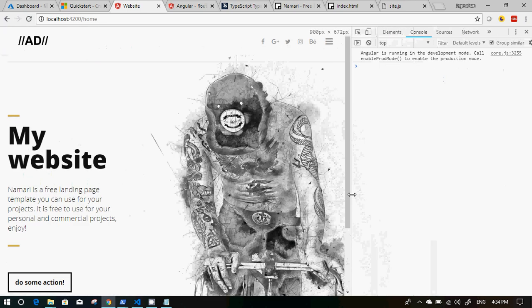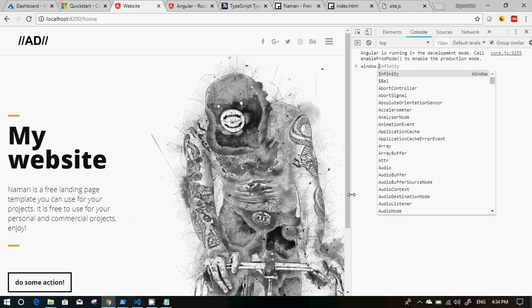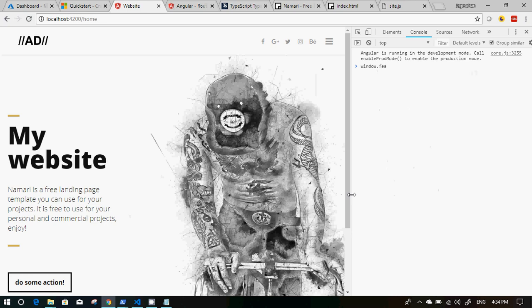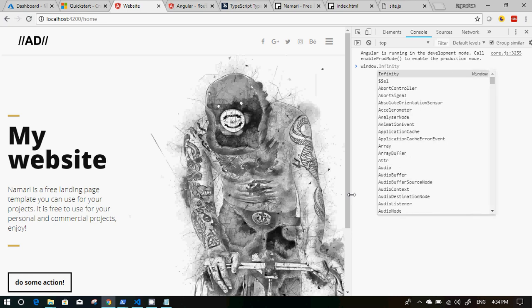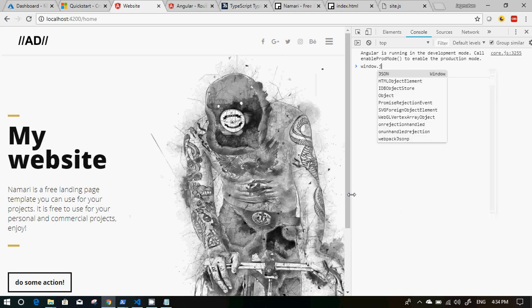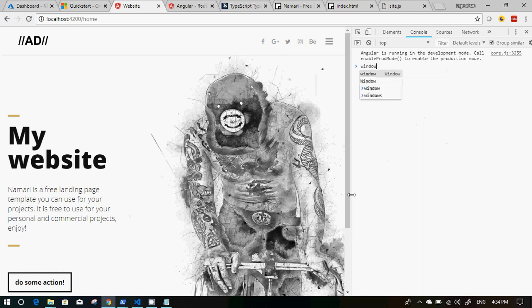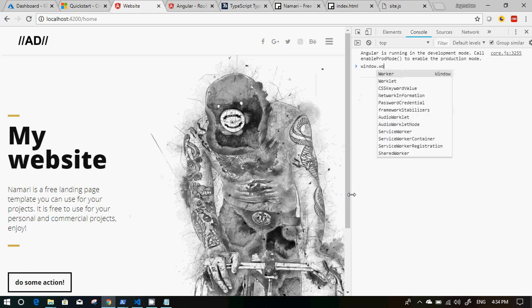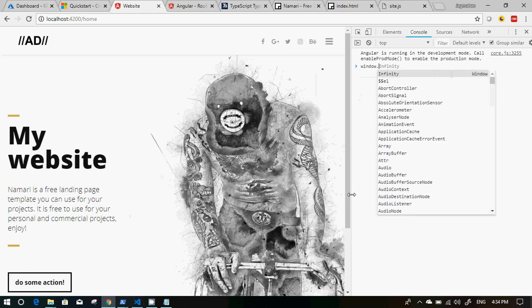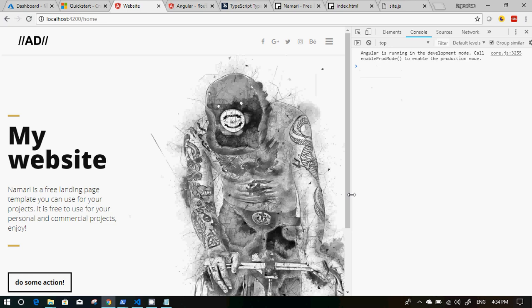So in order to see what libraries are loaded, we can do window dot, let's say, jQuery. So for jQuery it has to be a dollar, jQuery. Okay. Wow is also not showing. So let's load these two